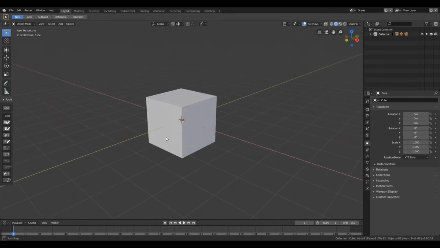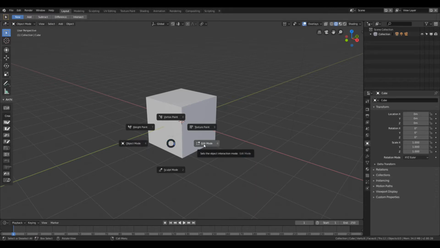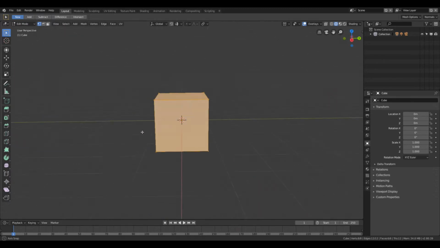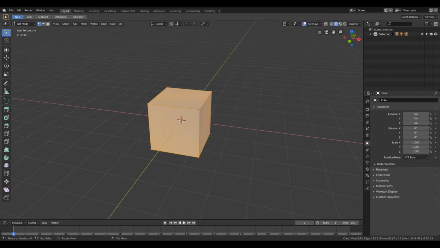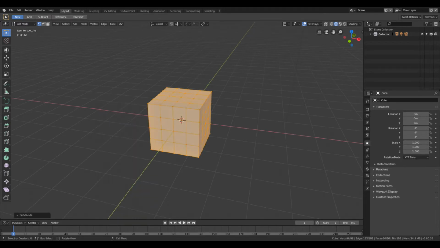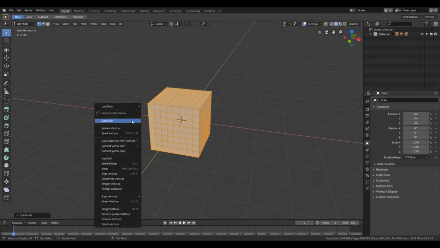We're going to start right up here in Blender and choose a general cube. Press Control Tab and this wheel will pop up. Go to edit mode. And here we have the cube. We're going to right click, subdivide. We're going to subdivide a few times